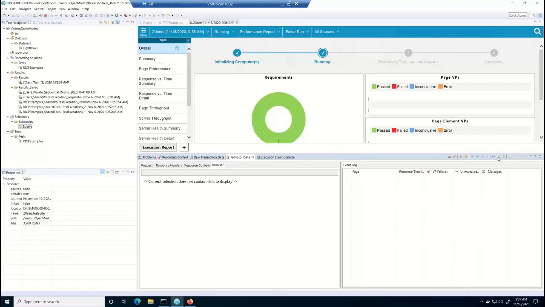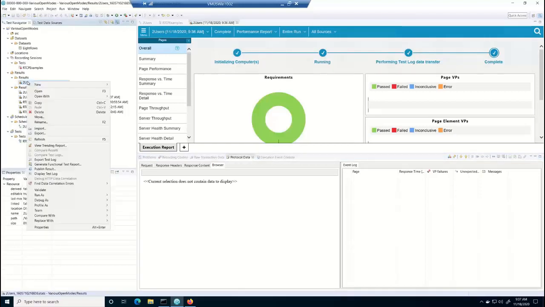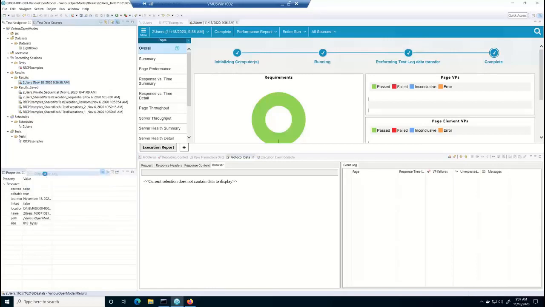Because this test is so short, by the time I configure which virtual user to watch, it's done. So to see which rows each virtual user actually received at playback time, I would have to look at the test log. You go to the results, right mouse click, and display the test log,